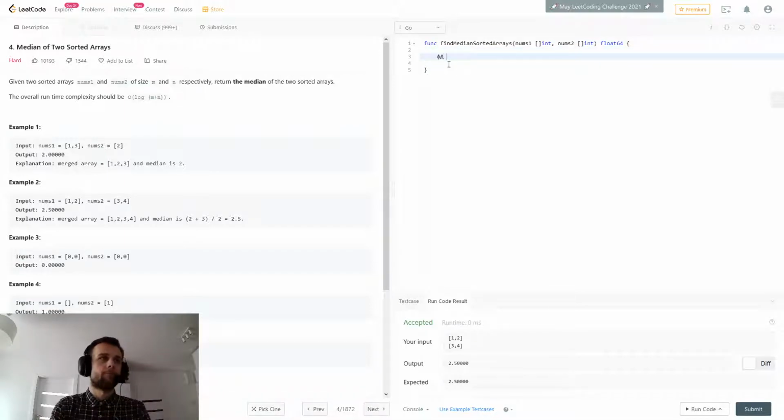We need the lengths of those two arrays, and I'm gonna call those AL and BL. The first one is gonna be the length of the first array, and the second one is gonna be the length of the second array. Right. We also want to have a length of this final array, which we'll create in a second. And yeah, so let's go through those two arrays simultaneously